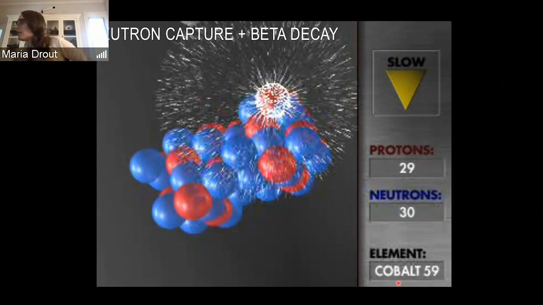And this is easier than just fusing elements together because the neutrons don't have charge. So it's not easy, but it's a little easier for them to shove their way into the nucleus of an atom. And therefore, we can slowly inch our way up the periodic table. Turns out this process can happen slowly, where you just add in a neutron every 10 to 100 years into a nucleus, and then it will beta decay. So it'll slowly meander its way up. That's called the slow process, or s-process.